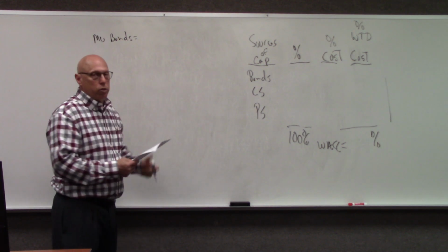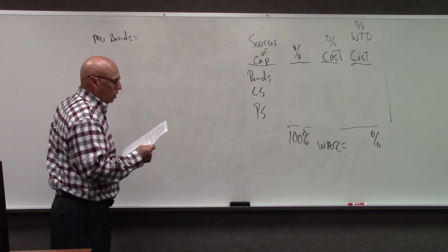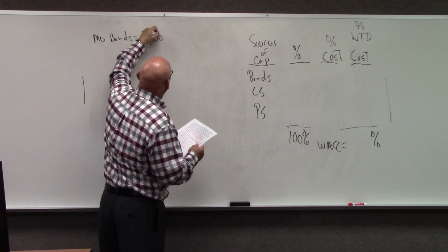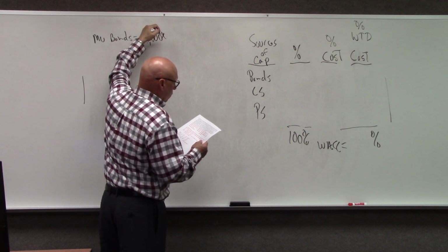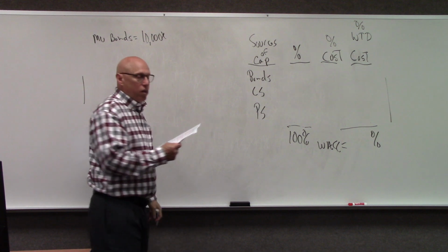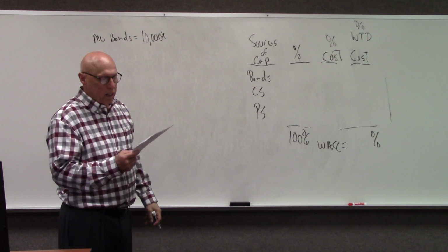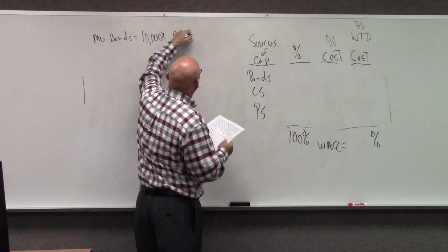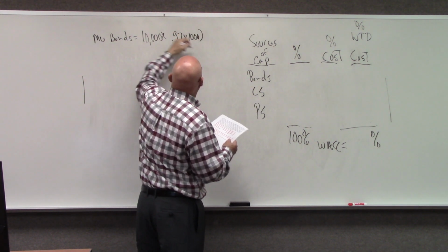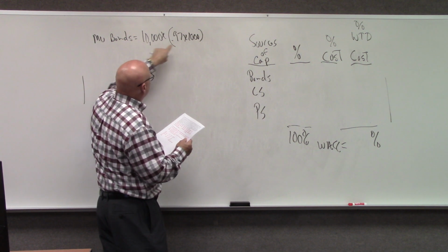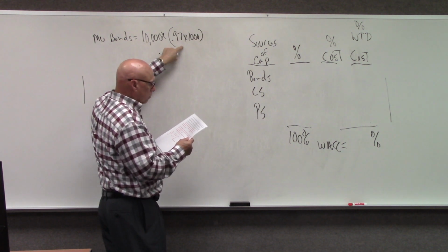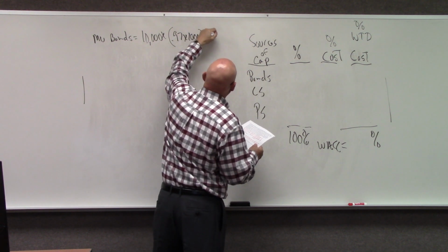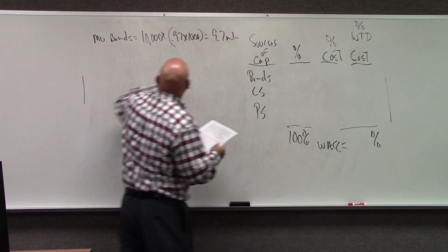Instead of reading all this material, let's just use it. So they have 10,000 bonds selling at 97% of par. So that'd be 0.97 times 1,000. So you got 10,000 times $970, which is 9.7 million. Market